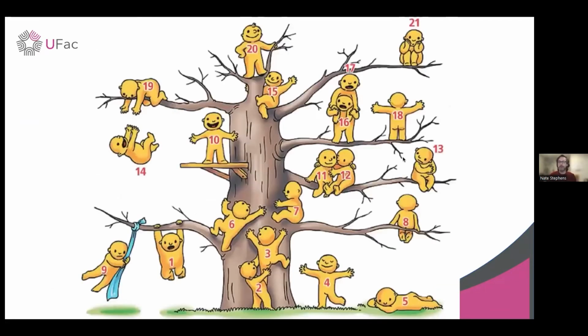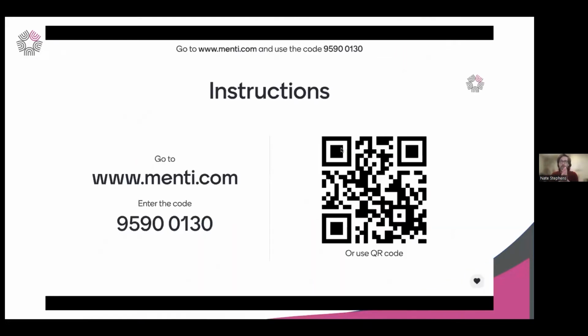Okay, so let's do the blob tree again. As you know, I'm really enamored with this check-in tool, the tree of different emotional states, basically. A Kenyan friend and co-facilitator of mine, Mary Marimi, introduced me to this. We have, I think, 20 different characters here who are all having different experiences, who are all on different parts of the tree. It's all the same tree, which is, I think there's something nice about that piece of the metaphor.